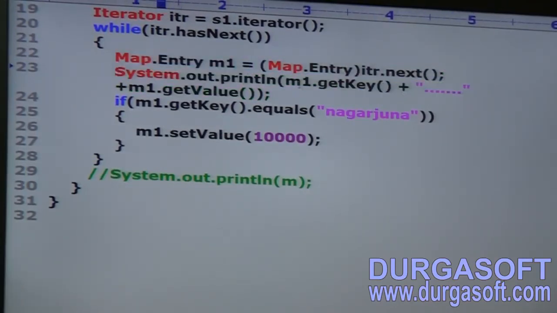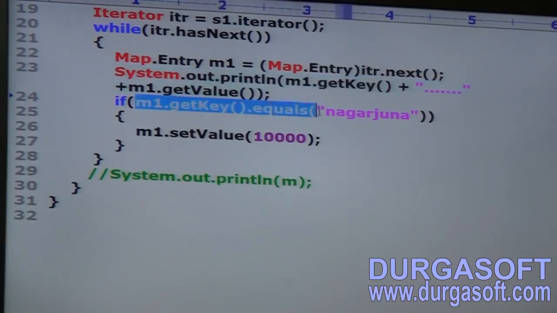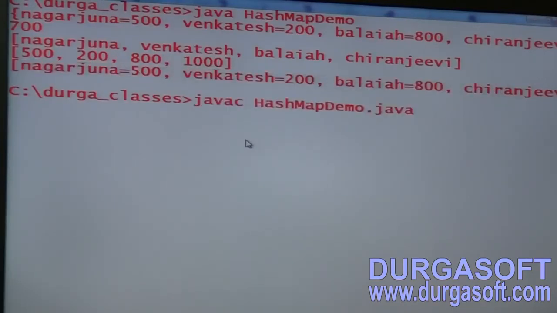System dot out dot println m1 dot getKey, m1 dot getValue. If m1 dot getKey dot equals Nagarjuna, m1 dot setValue of 10,000. System dot out dot println of m. Are you getting SOP of m like this? Now let me run it once again.